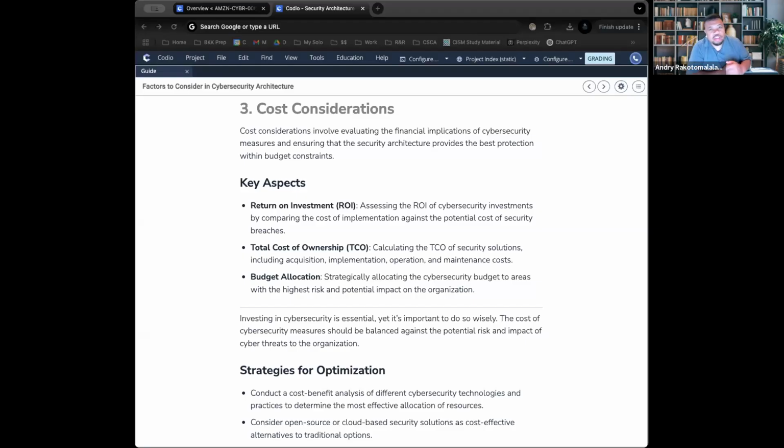Typically, this is calculated by professionals in the finance team and IT team. They all come together and say, okay, this is how much we're spending on cybersecurity every year. This is the cost if we were to get a cybersecurity breach. You'll find that those breaches tend to be very expensive.